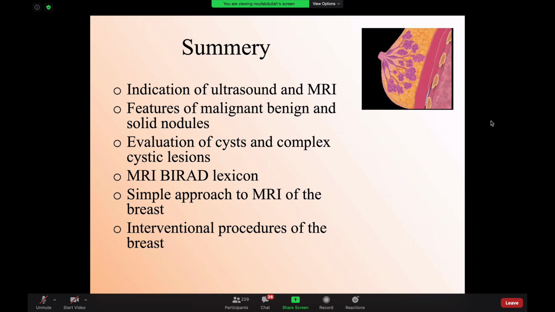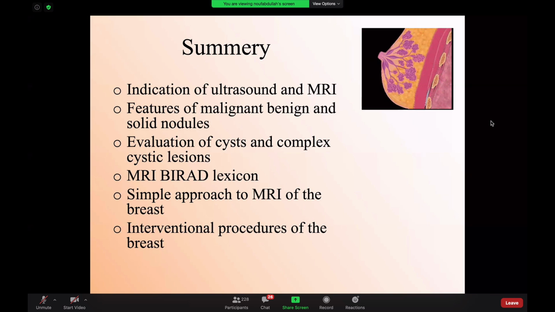Okay. Dr. Arim is asking, can you please repeat the specimen radiograph part, and what do we need to know for the exam? So a specimen radiograph is an X-ray of the surgical specimen. The patient went for surgery, they resected part of the breast, for example an area of microcalcification, and then you do an X-ray of that surgical specimen. You want to see: is the clip there? Is the microcalcification there? Is there a good margin around the area of the suspicious lesion?